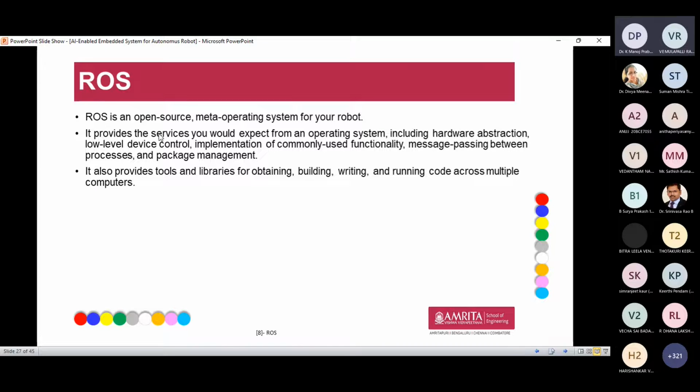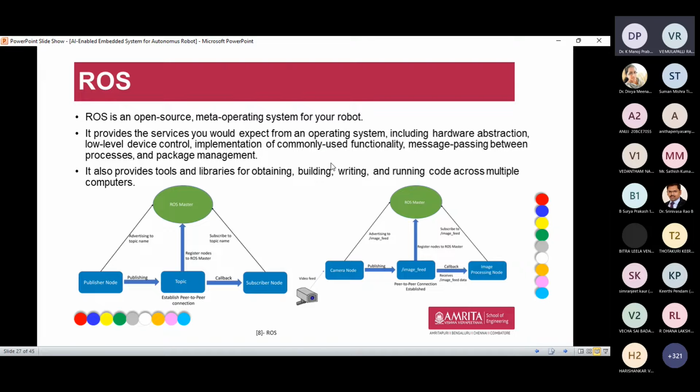Here the ROS is just open source, and it has a meta operating system for the robot. It also has services like hardware abstraction, different functionality and package collections, and also community-level computation graph level. Everything comes under this ROS, and it also provides tools and libraries for building the robot, and you can easily write the program in ROS software packages. So here this image tells about how ROS will be activated, and how the robot works.